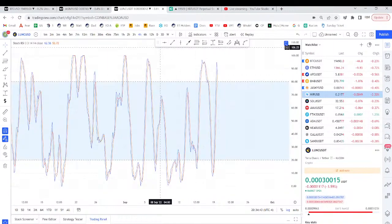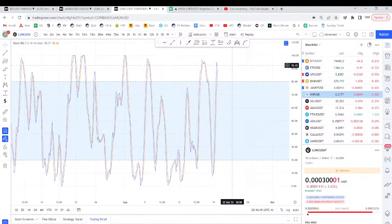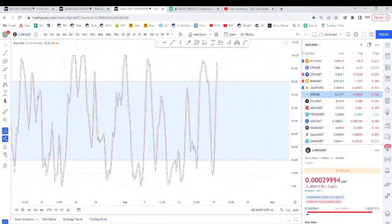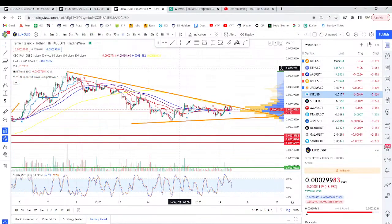Now, if we go look at the RSI, then maybe that's another story. Daily chart has potential to moon. The 4-hour chart is overbought. That's a red flag right now. Overbought, and you did not break the previous high, but that also is because it's consolidating in a falling wedge. So I'll give the benefit of the doubt on the 4-hour. But I think it's going to be harder for it to pump if the 4-hour is already cooked on the RSI. The 1-hour chart needs to still reset in a downtrend, which is to be expected when it's at the top